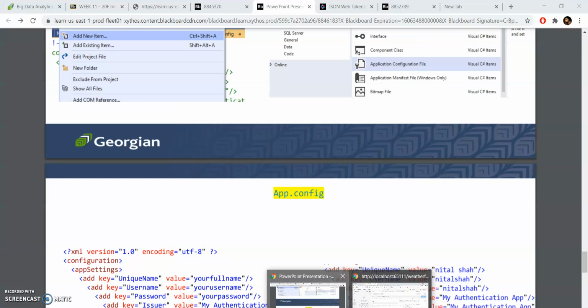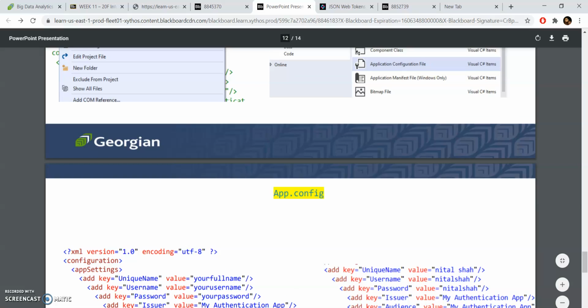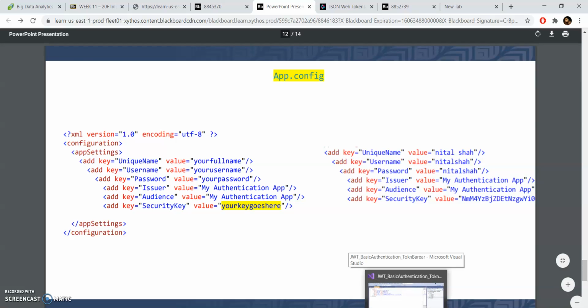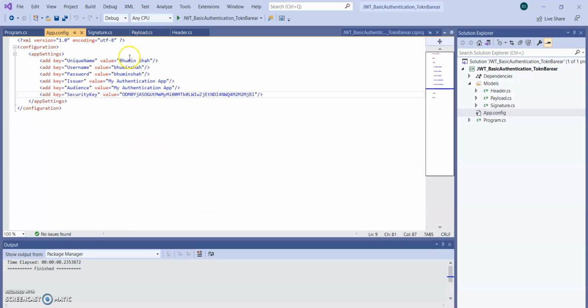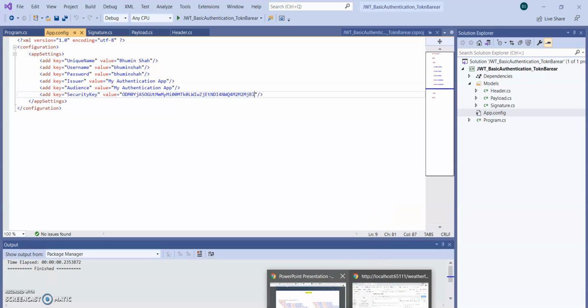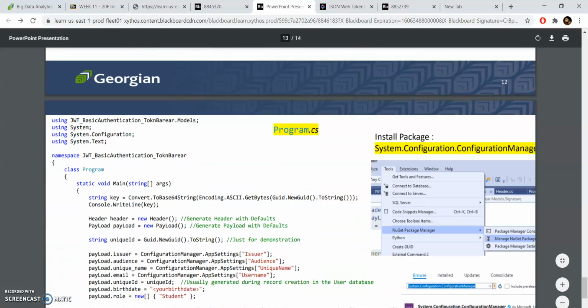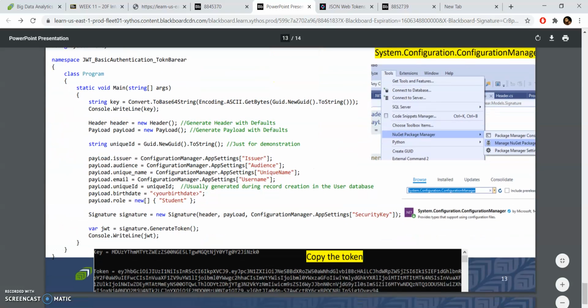I copy the code from the PPT, and here this is all the information for the key, and here you can see my name Bhumin Shah, username Bhumin Shah, password. So now we copy this code into the Program.cs file,